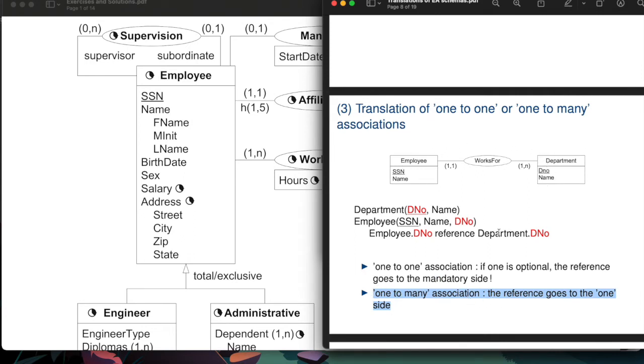So the reference will go to one main side. Oh, okay. I think I'm talking about parent and child relation. But if I had a one-to-one and a one-to-one over here, the reference goes to the mandatory side. What's the mandatory side? I think it was trying to say if there is one-to-one here and one-to-one here, then I think if one of them is optional, that